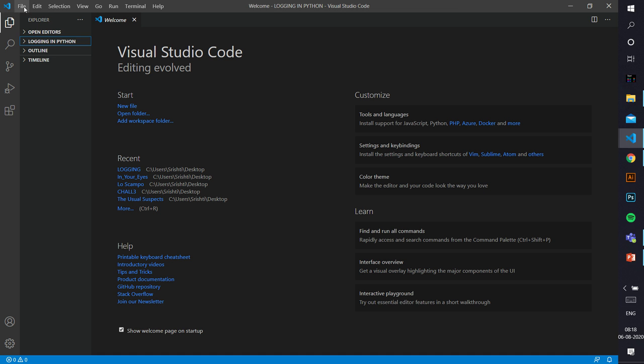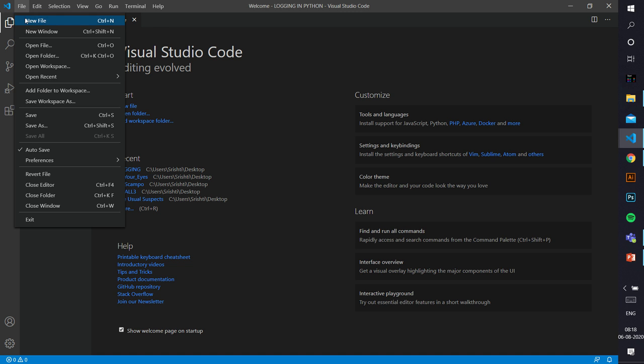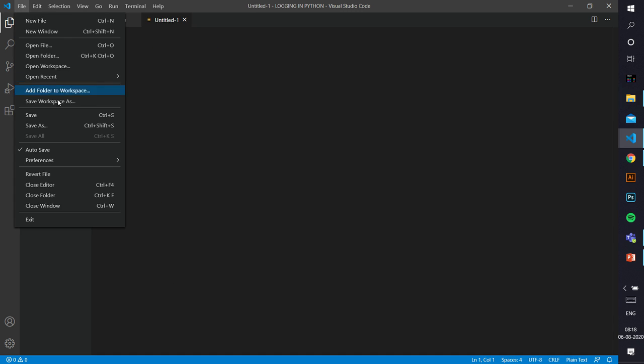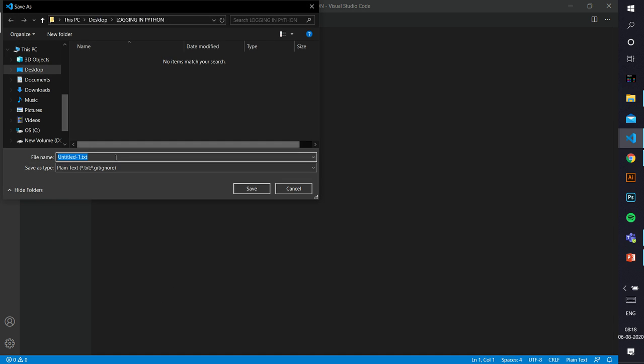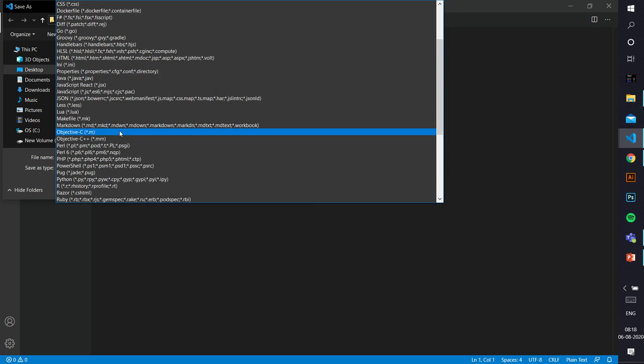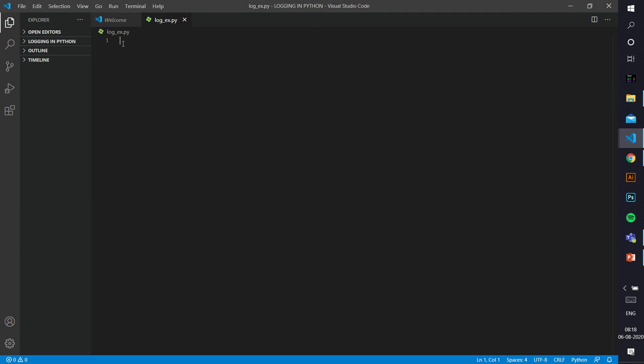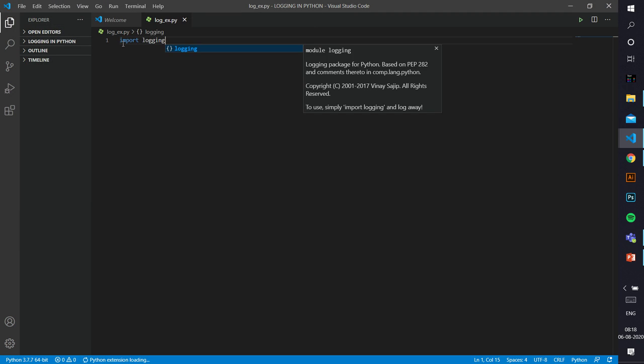So how can we implement logging? For this, I'm opening a new file. I'm saving it as log example.py. Now for logging, you have to import the logging module,